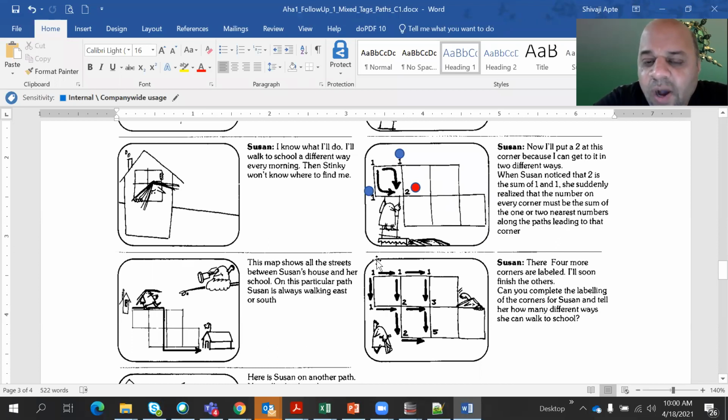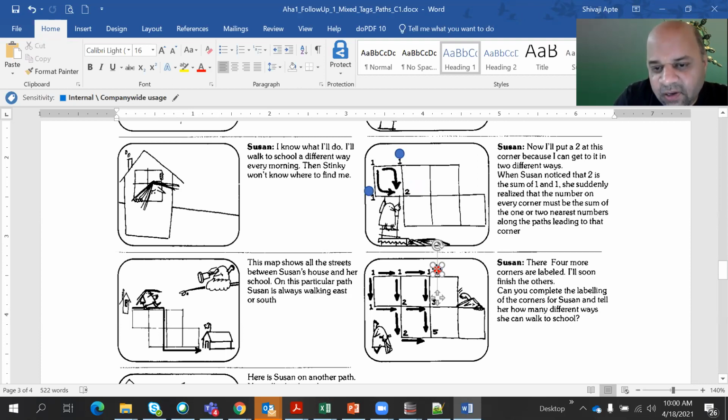Okay, so you are always going to go towards the school, not away from the school. So it is not that you will come all the way close to the school and just because you want to change the path, you will go back and then take something. No, you will always be walking towards the school. Okay, not away from the school at any point, and you will not retrace your path. You will not go back. Okay, that is a key condition, right? And that is natural, right? You will always want to go towards the school in this problem, right? So now just as you have got number 2 here, which came because 1 plus 1. Okay, now let us go to the next one.